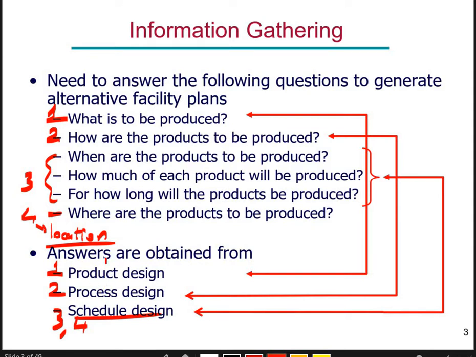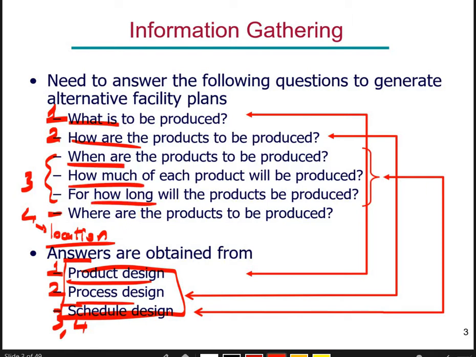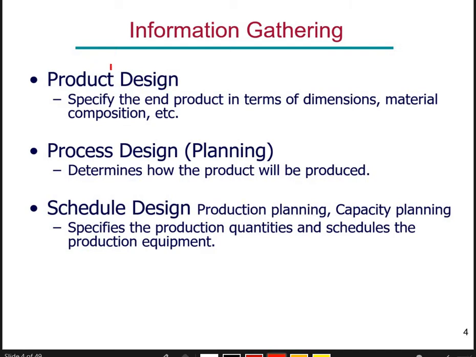Okay, so in this chapter, we will be talking about the details of these product, process, and schedule designs. And what you should remember is product design answers what to be produced. Process design answers how these products are produced. And schedule design answers when, how much, and how long questions. Okay, so